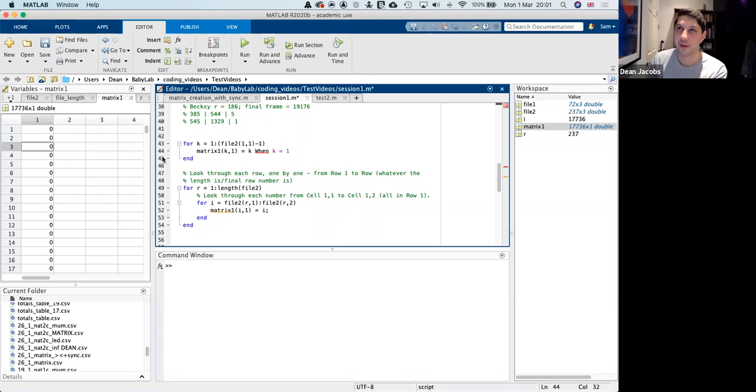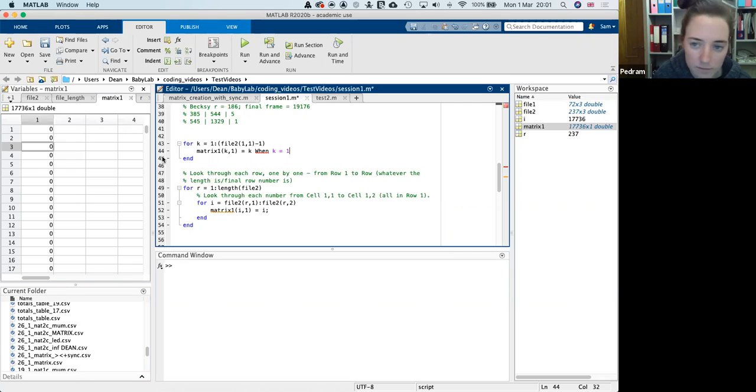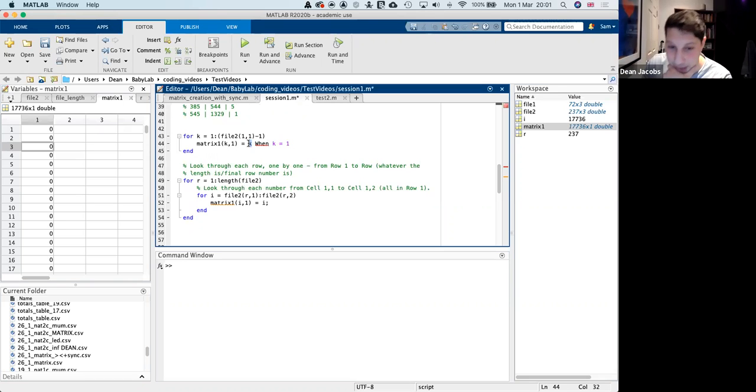Weirdly, it's harder because the frame number equals the row number. In a way it's easier, but it's also more confusing because K actually represents two things for us. Here it represents the frame number and it represents the row number. Because we're putting the frame number into a row number, which is why they're both K, the number 1 is going into row 1, frame number 2 is going to row 2, etc., etc. And that's it. If you put a semicolon, that should fill